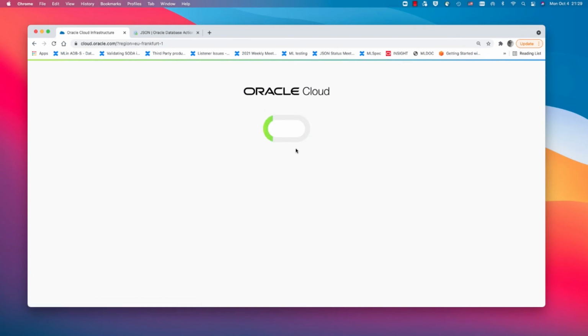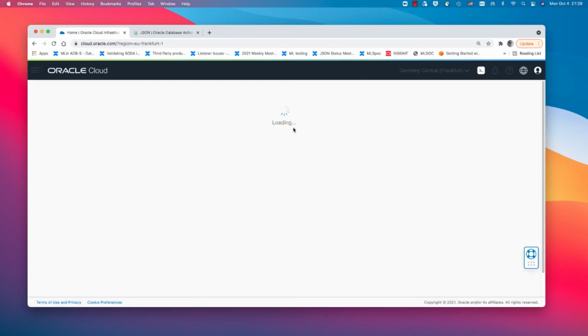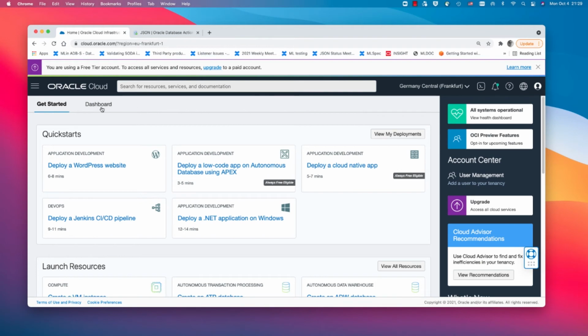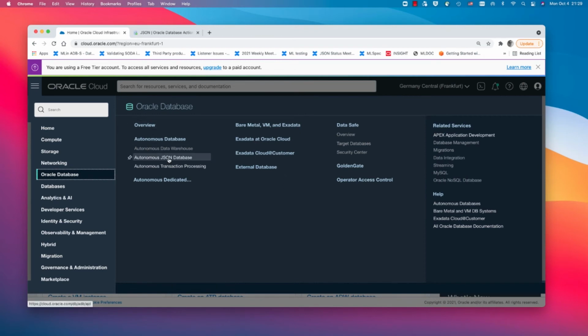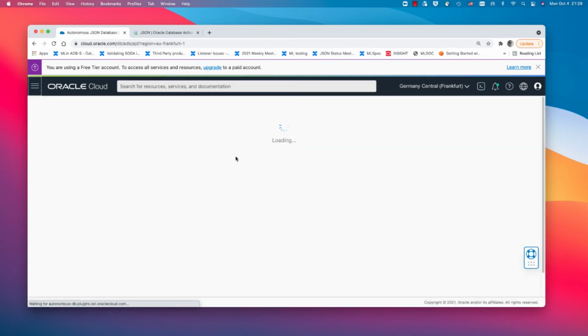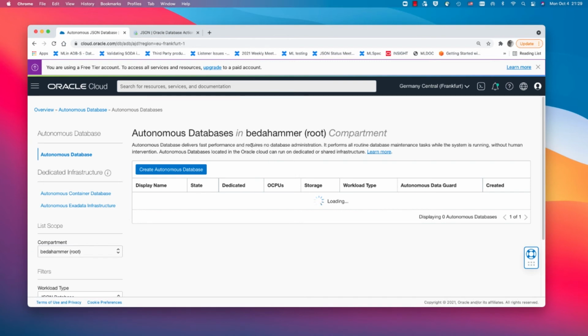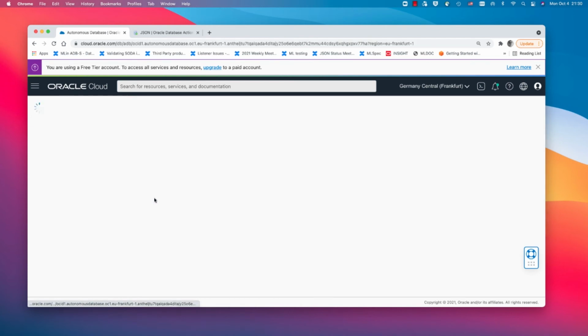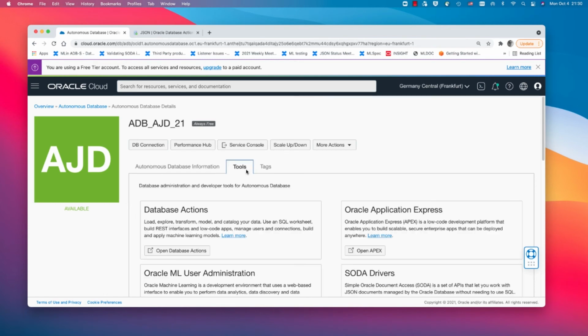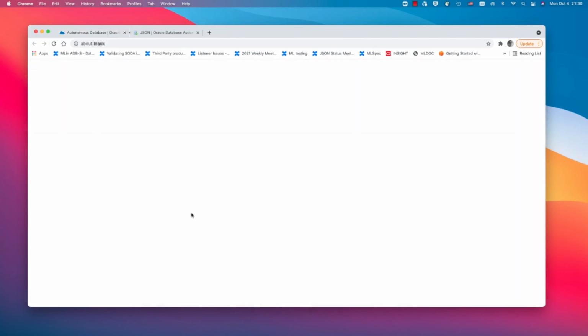I'm just going to walk you through this so you can do exactly the same as I do here, because it's an always free tier account. And then I go to Oracle database, and I'm using an autonomous JSON database, but I could show the exact same with the autonomous transaction processing database. Here I got a 19C database and a 21C. We choose the 21C database. And if I click on tools, on database actions,